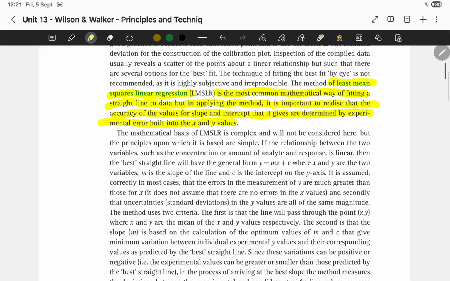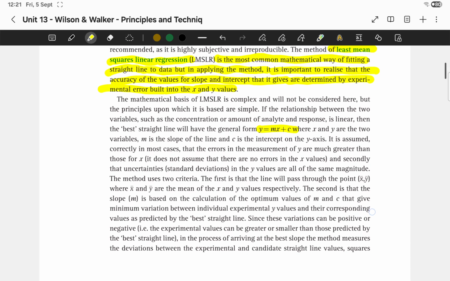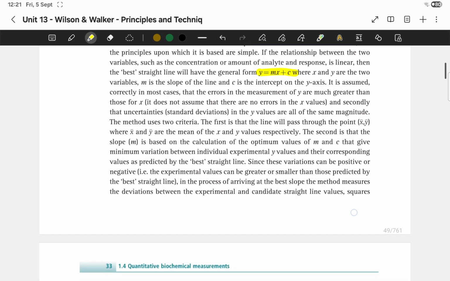A relationship between the two variables, such as the concentration or amount of analyte and the response, is needed. Then the best straight line will give the general form y is equal to mx plus c, where x and y are the two variables, based on the calculation of